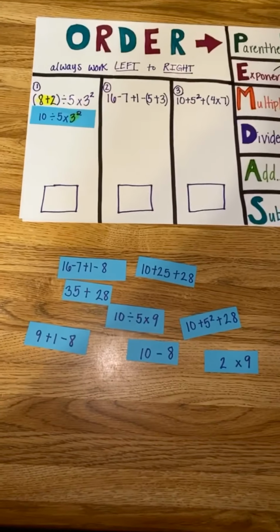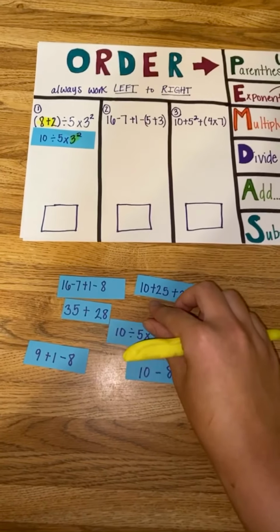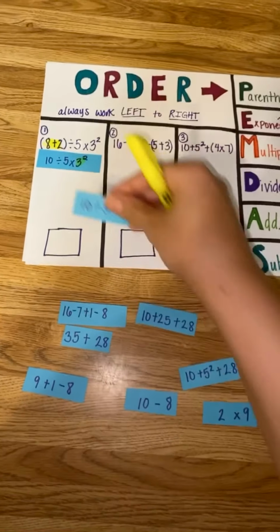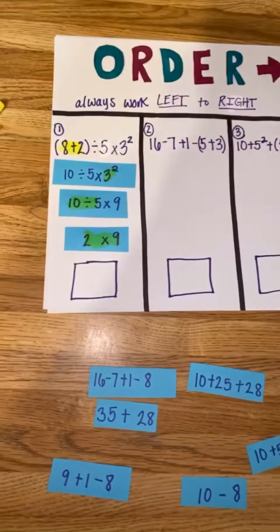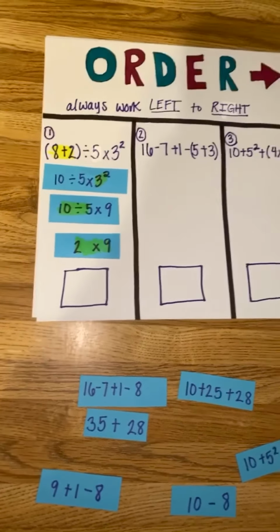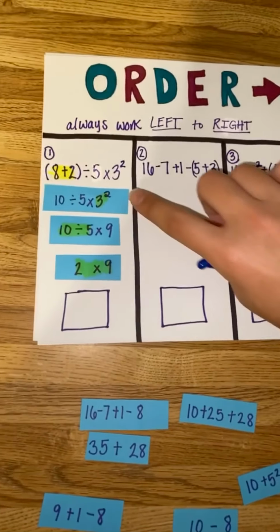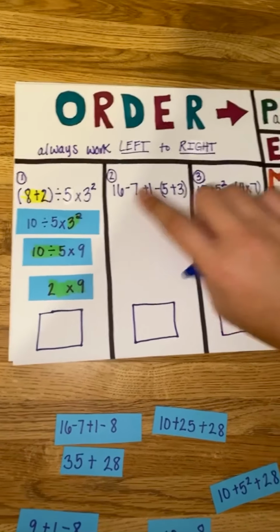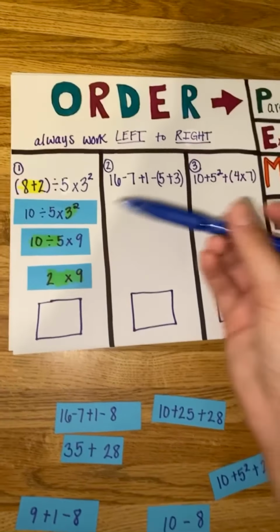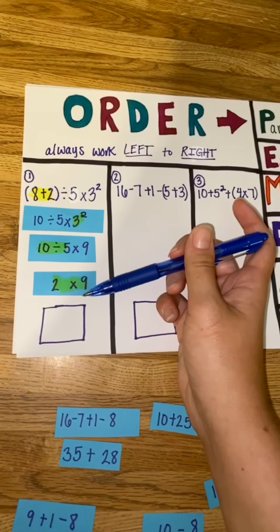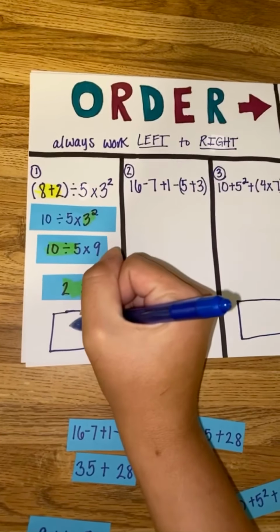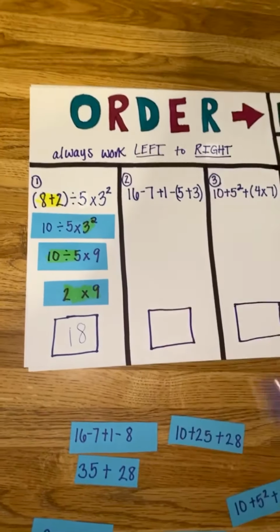And so they're going to find the matching slip of paper, which is going to be this one. And they're going to tape or glue it right underneath and just keep on going with the problem. So now that your students have completed problem 1 and have matched up their slips of paper in the correct order following the order of operations, they're left with the final order, which is going to be 2 times 9, which is 18. So students will write 18 in the solution box,